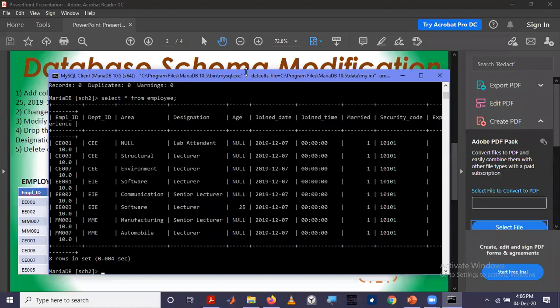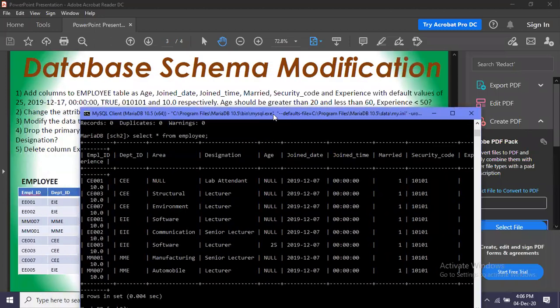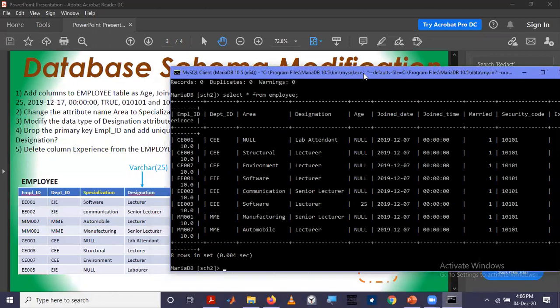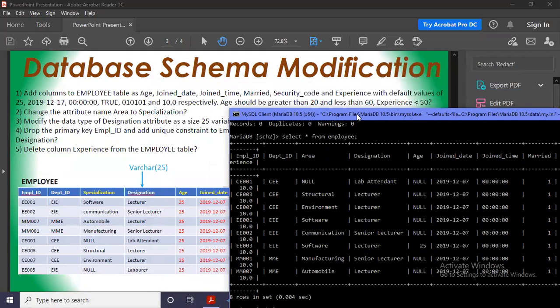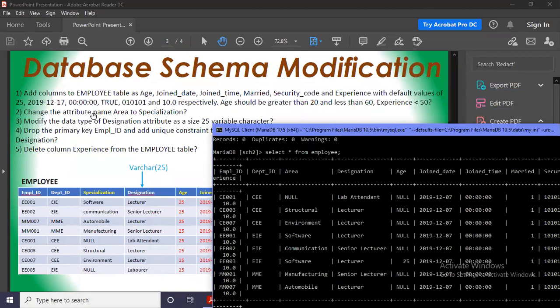Okay, so we finish this part, right? So the first part is over. Then we have to do another change to this table. We have to change the column name, this one, area, to specialization.